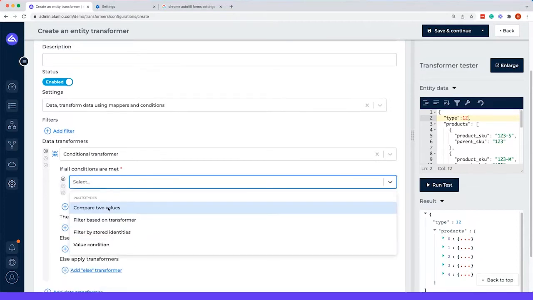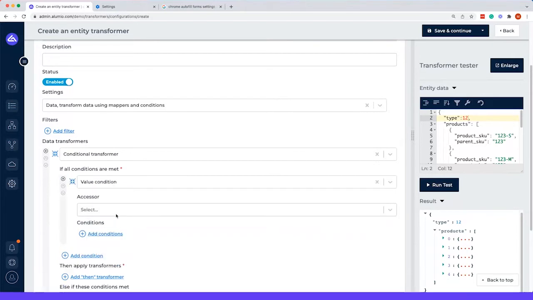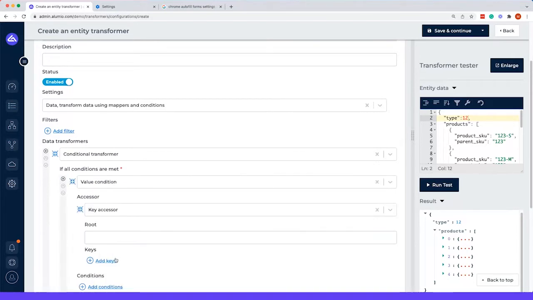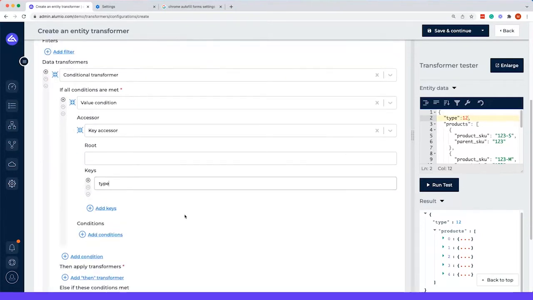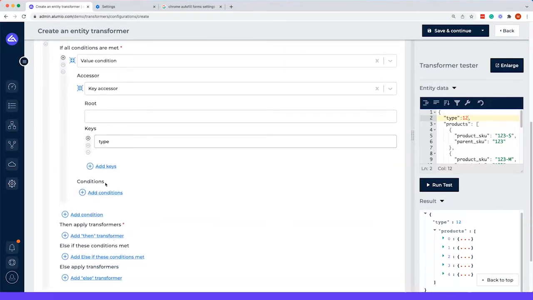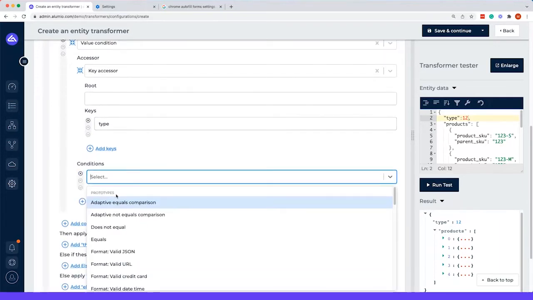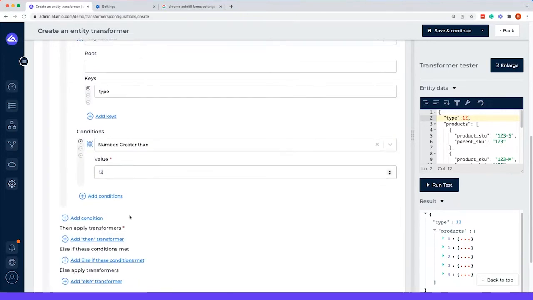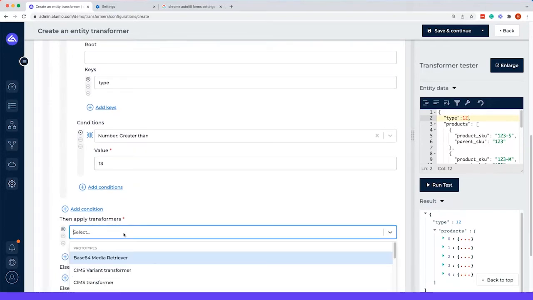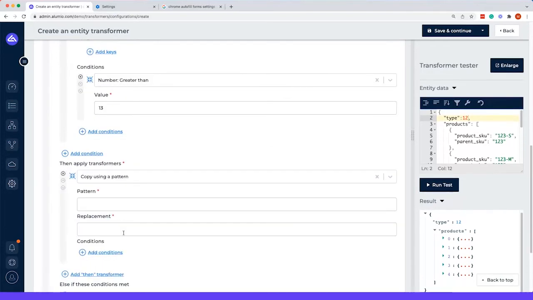So let's add a condition. For example, we have the value condition. We go for the key accessor and we add the key of pipe, which in this case is 12. And we go for the condition and we say if is greater than 12, let's say greater than 13, we will then do a copy using a pattern, for example, and we send